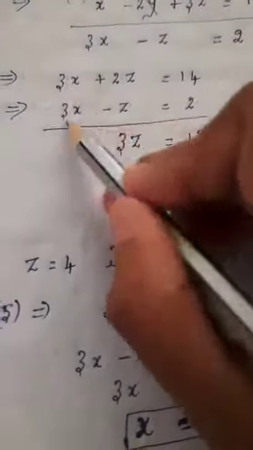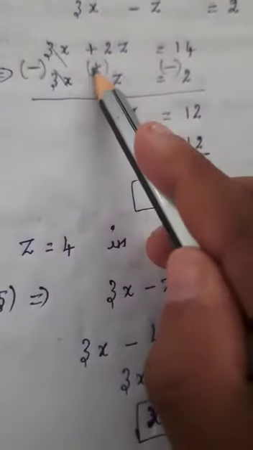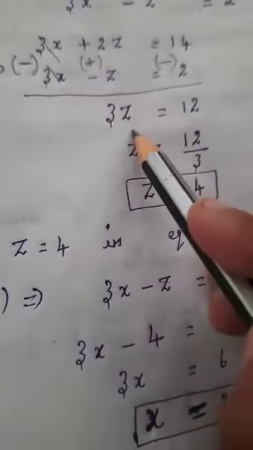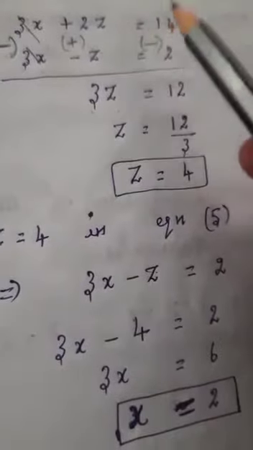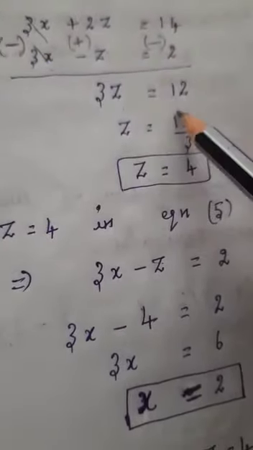Now here, while you are adding, we cannot eliminate this variable, so only while subtracting we have to eliminate this variable. So subtraction means we have to change the symbols for this second equation, all the symbols you have to change. So minus you have plus, here plus you have minus. Okay, so now see, plus 3x minus 3x, you can eliminate this variable. So now here plus 2 plus 1, so totally 3, is equal to here plus 14, here minus 2, different signs.